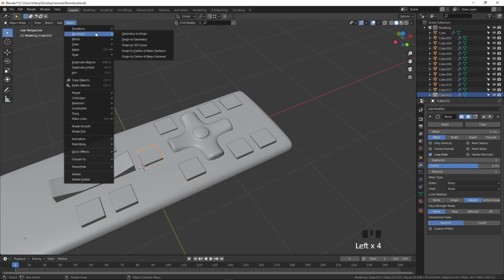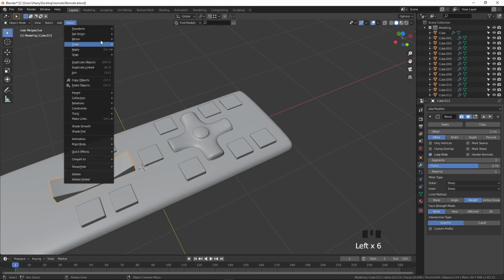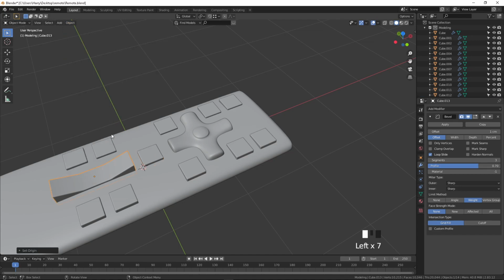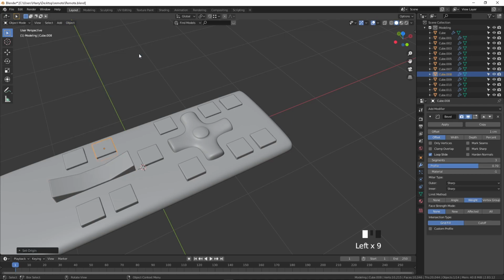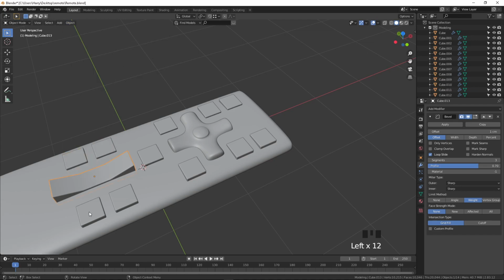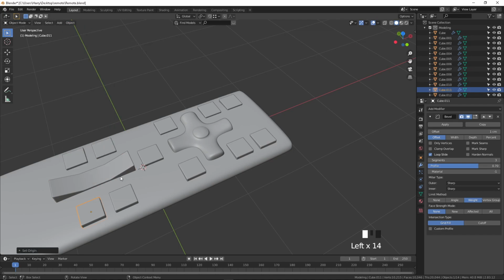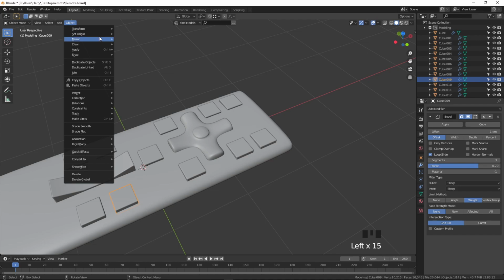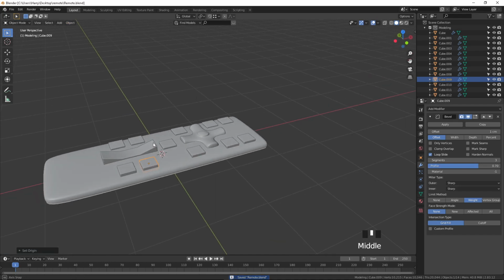I just applied it for everything because I missed it out. Yeah, now I have applied it to all the objects.